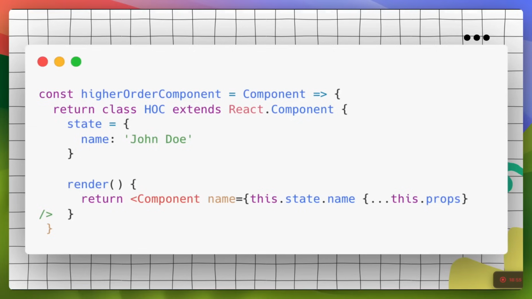So you create a higher order component by creating a function. Any name can be given to that function, and this function will take a component as a parameter. This function also returns a component, a new component, as its return value. In this example, we are returning an HOC component, and this component basically itself returns the component we received in